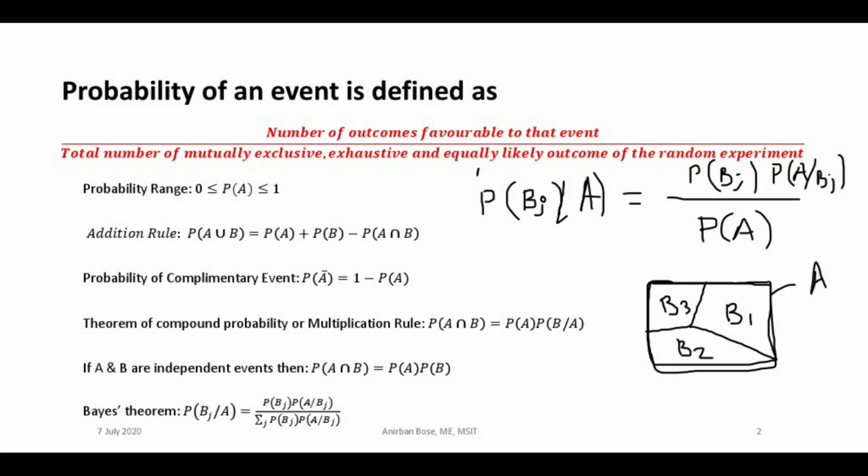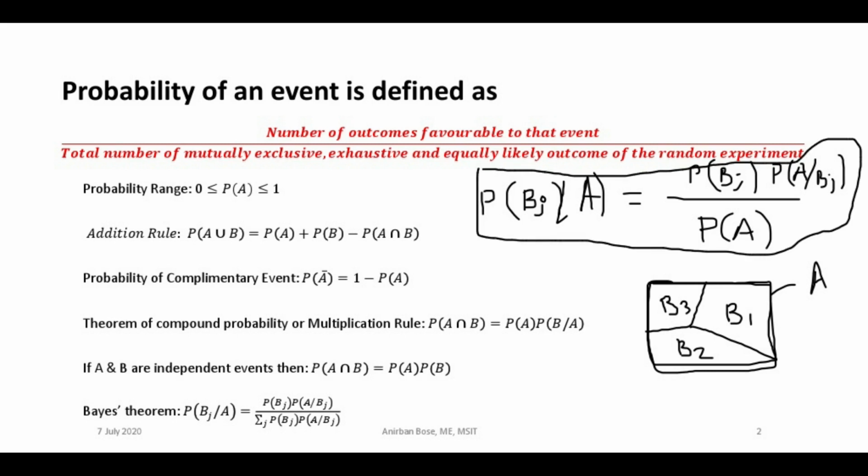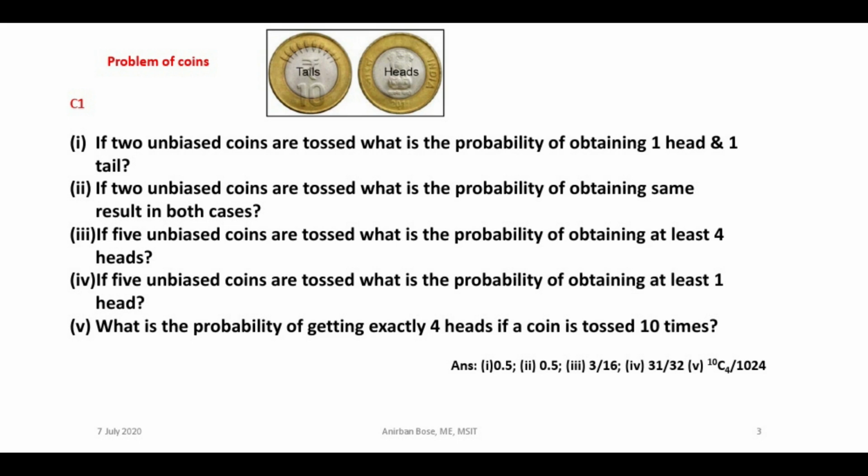Now definitely we'll see some examples of how we can use the Bayes theorem, and when we go to the example, then we'll explain this in detail and the understanding will be clear. Right now you just remember this basic concept: what these B1, B2, B3 and A are that I have just told you.